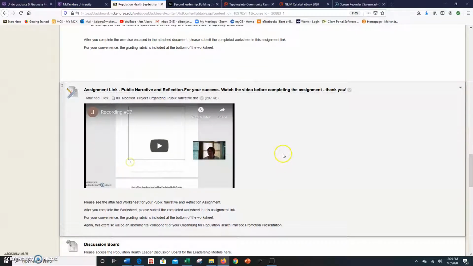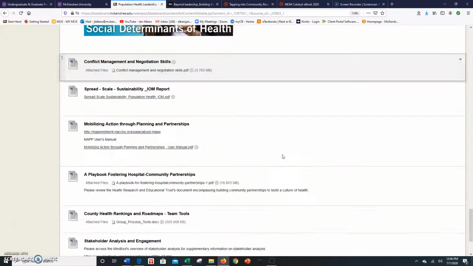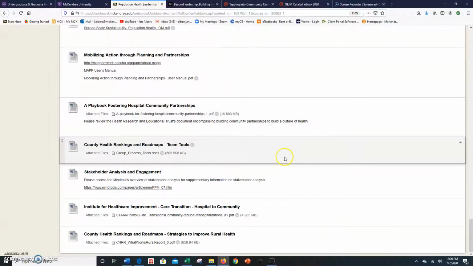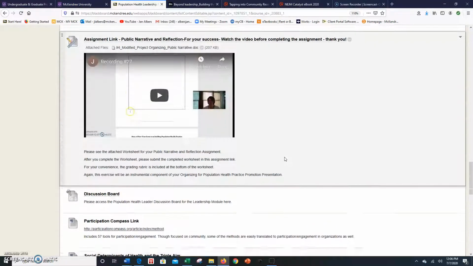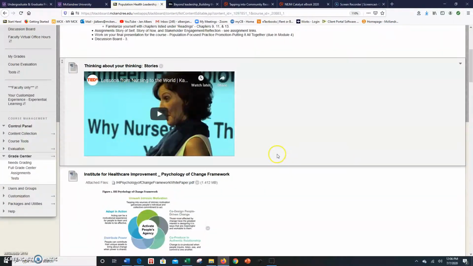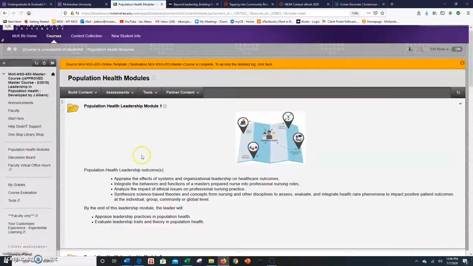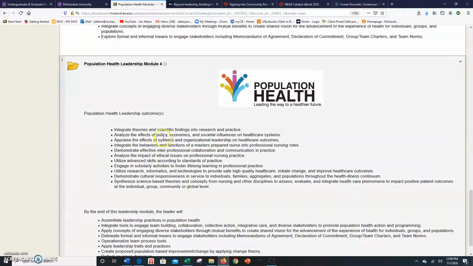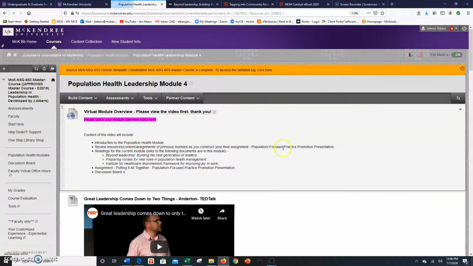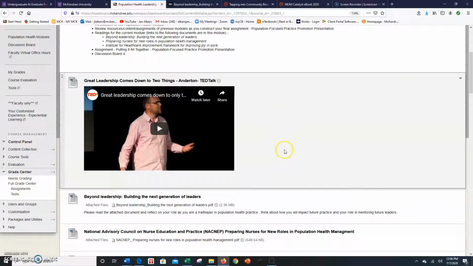And here's the assignment link for the public narrative. And again, knowing the story and being able to share that story helps with that connection process. So there's lots and lots of additional resources for them that will help them with their discussion boards as well. So let's go on into our final population health module, and that's module number 4, and that's where we will dive into their final